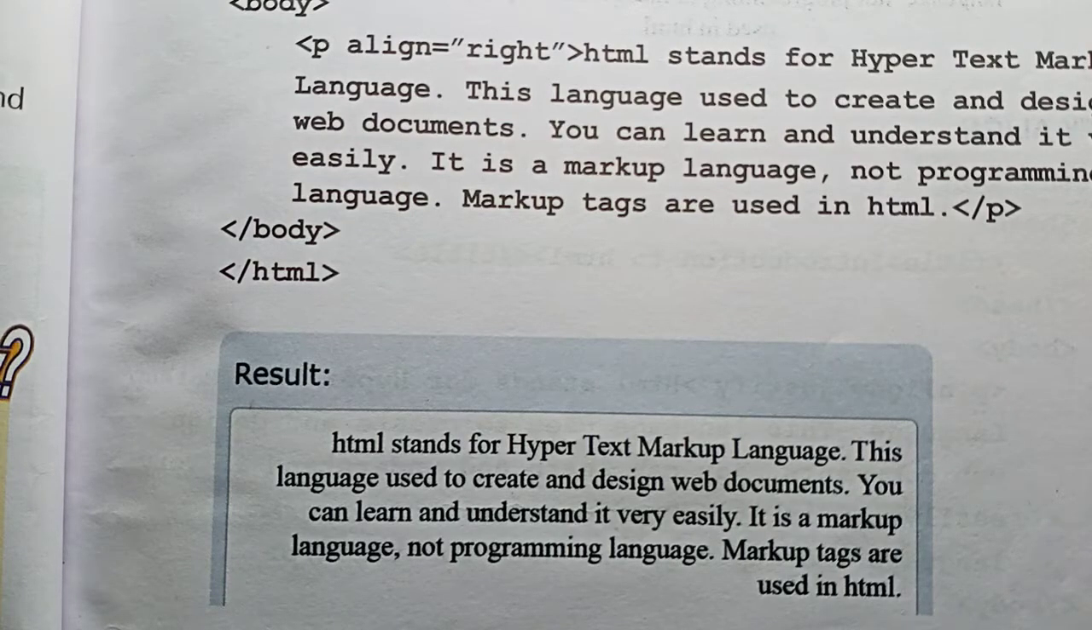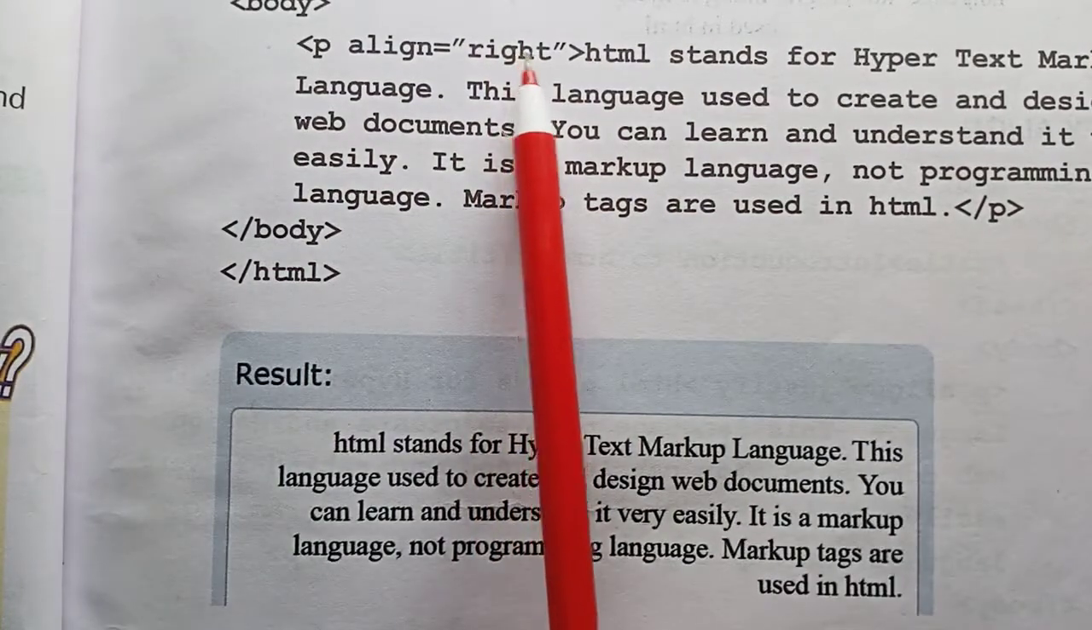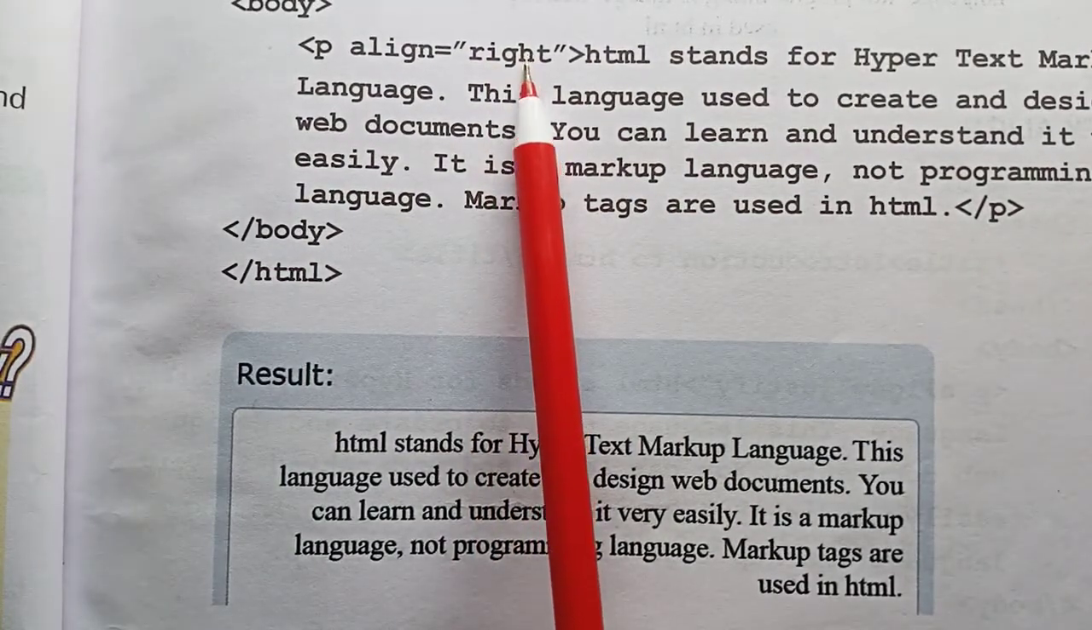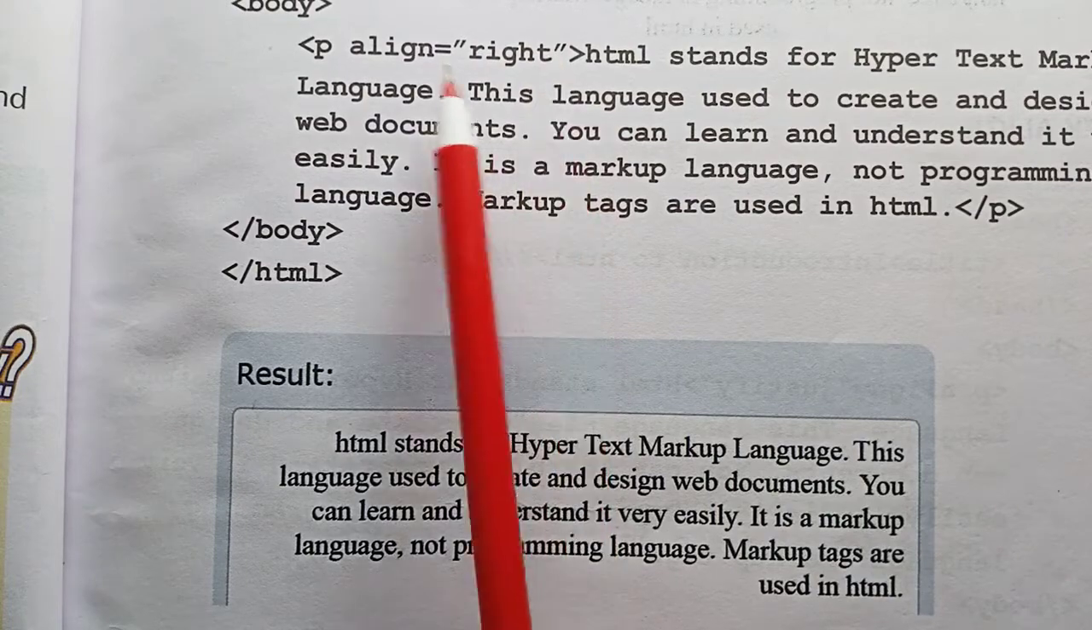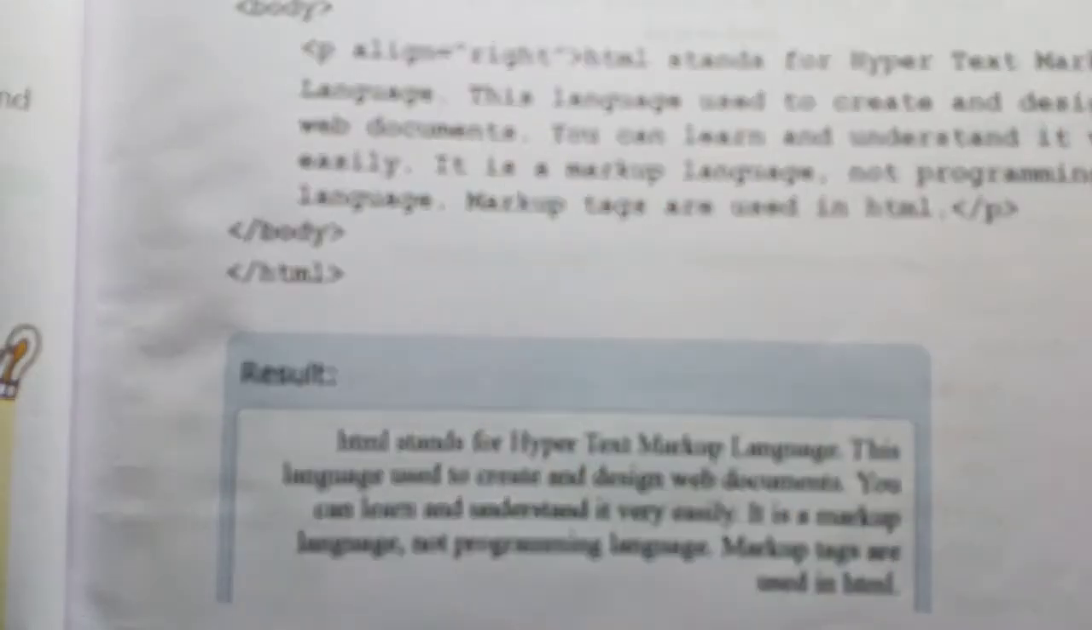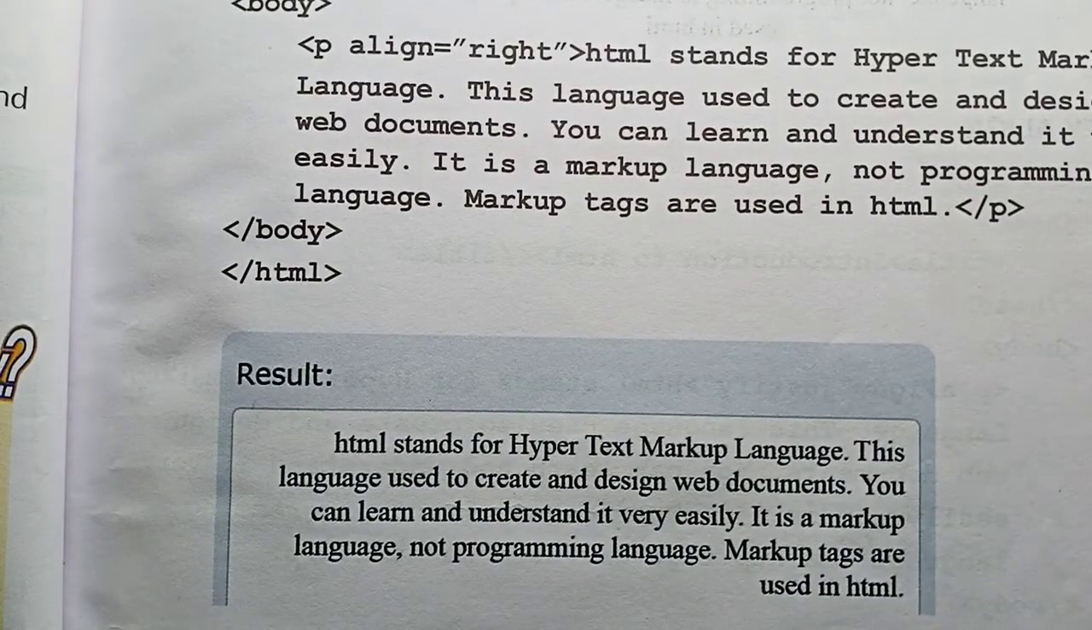Similarly, we have the other alignments, that is center alignment and the justified alignment. So with those alignments also nothing is going to change. Only in place of right we will mention center, and if it is justified we will mention justified over here. So that means to align the paragraph, only what is to be done, we need to give the tag,